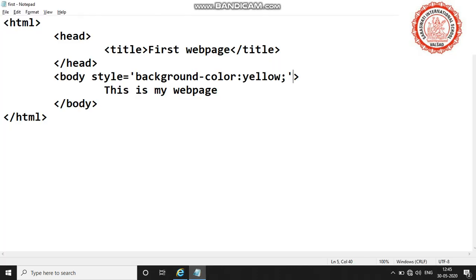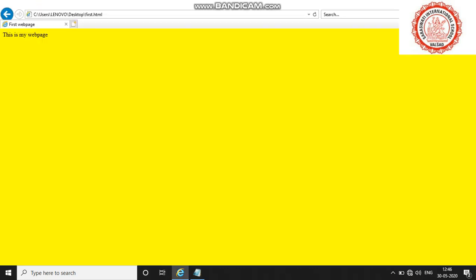You can apply it in the same way, via semicolon, next attribute, color equals to, in quotation, whatever color you want to give. For example, I want to give red color, semicolon and quotation over. Save your file, go to Internet Explorer, F5. Color may vary because of the web browser.